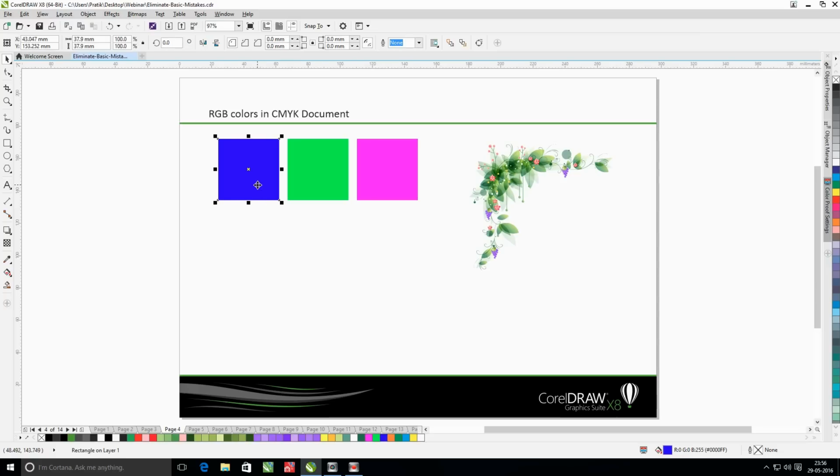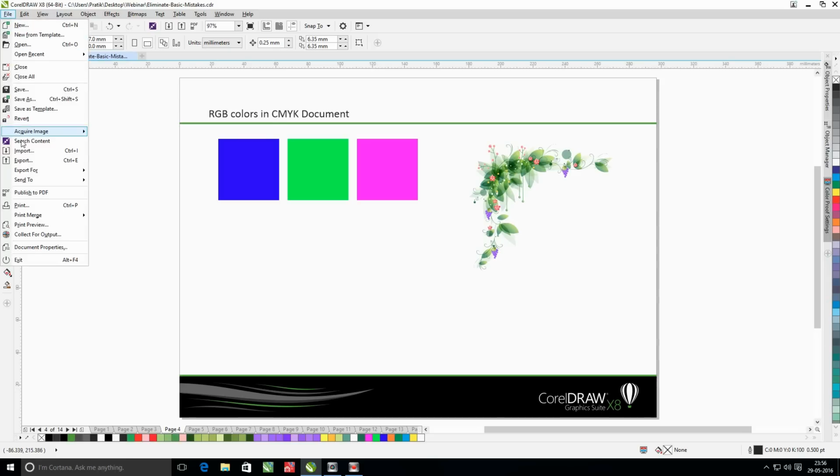So in most of these jobs which have too many RGB colors, the final printed result will have a different color, or there will be a major shift in the colors. So you have to be very careful using the right colors in this document.